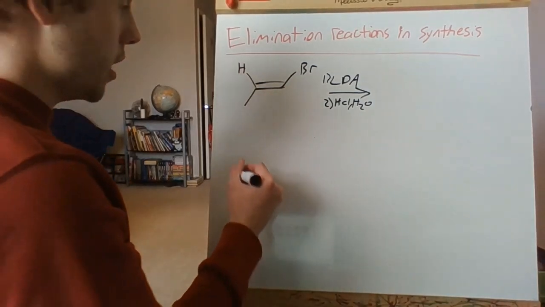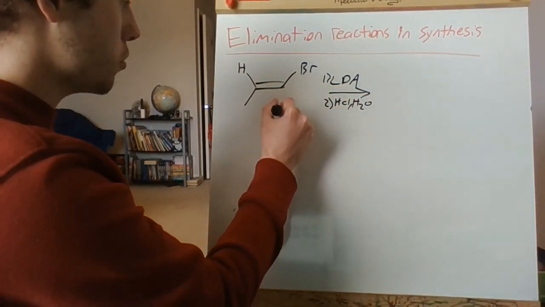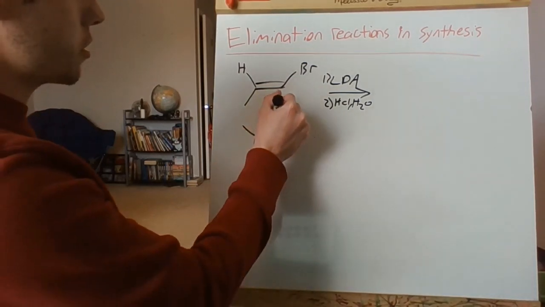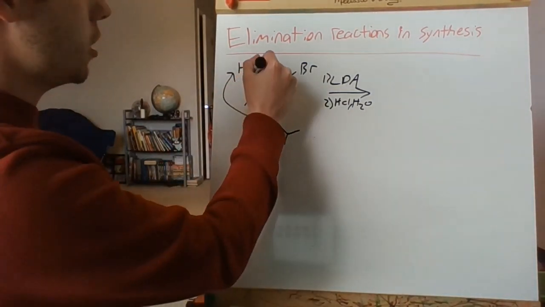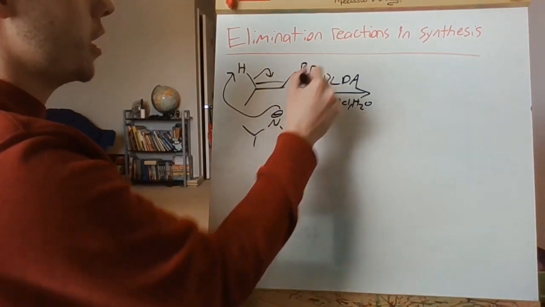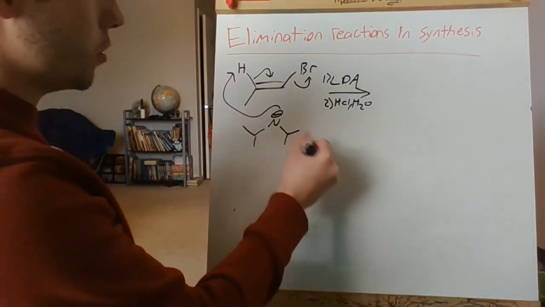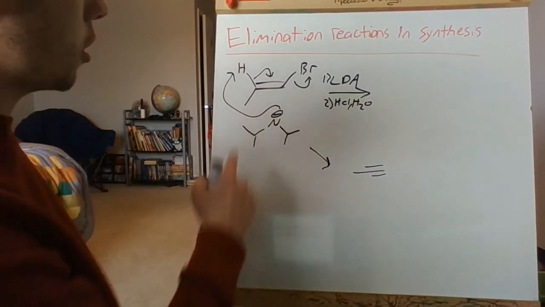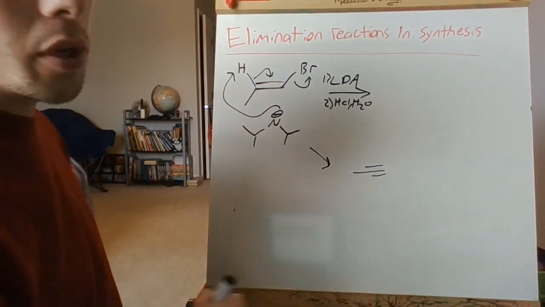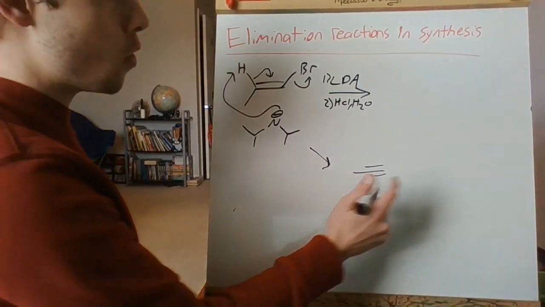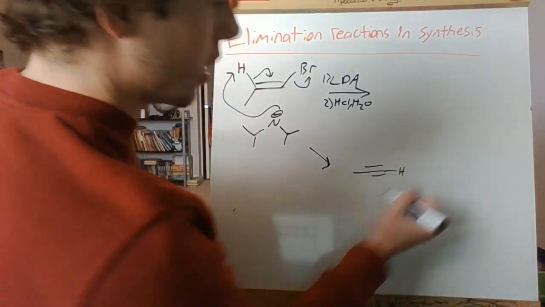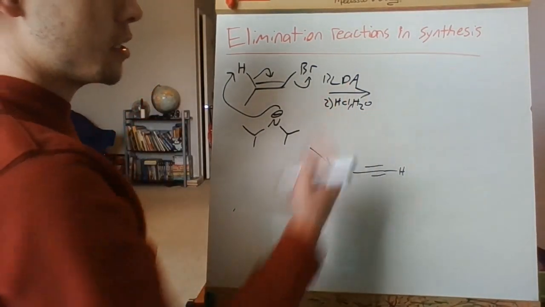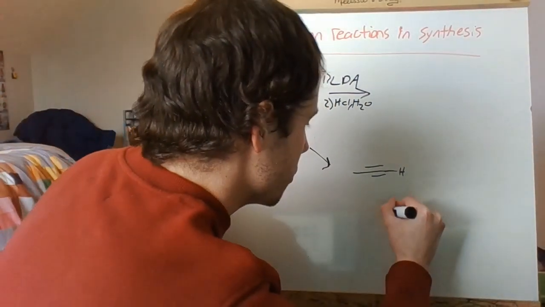So we take LDA, lithium doesn't mean anything, we draw out the diisopropyl amide shown here, and so this comes in, grabs that beta hydrogen, we move our electrons down, and we kick out our leaving group. Once this happens, we get to a compound that looks like this. Remember to count your carbons. We got 1, 2, 3, we got 1, 2, 3 here. As soon as this forms, this proton that's hanging out right here is now more acidic than this one, so any LDA that is floating around is going to come in